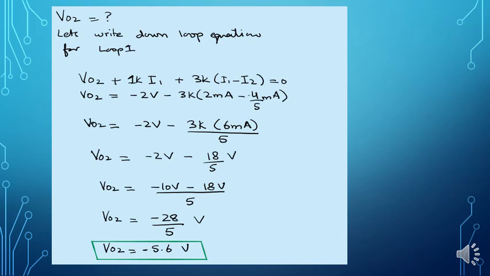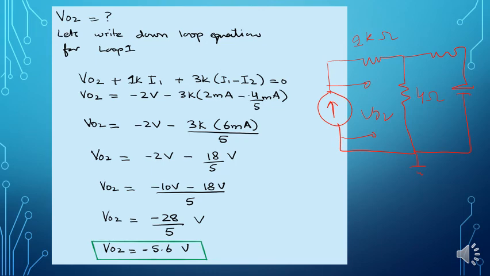Now we have to find out the voltage across the current source. This is the kind of circuit we are having here, like this. It is, I guess, 4 ohm. This was something, and this was actually V out 2, which we have to find out. So what we are going to do here is write the KVL equation.